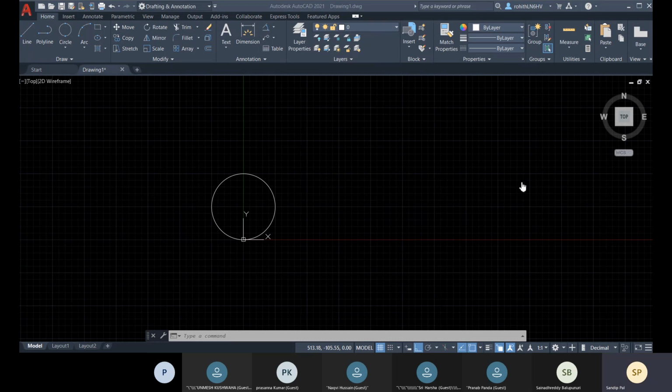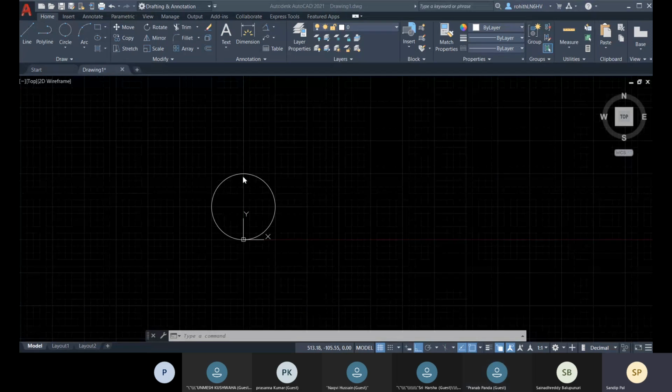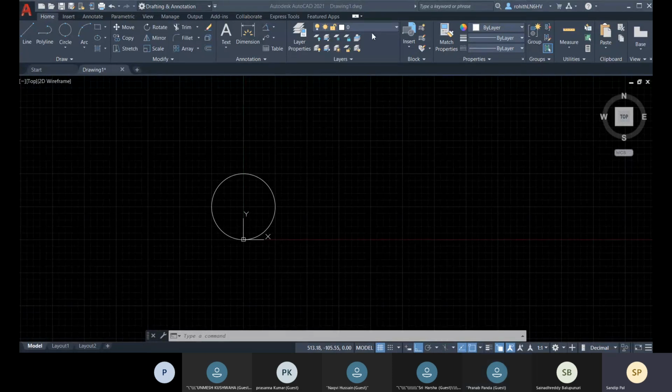Be quick, guys. Sir, it will be 50. No, it will be 100. Why? Because I have mentioned two diameter endpoints. The first diameter endpoint is 0, 0, and the second diameter endpoint is placed at 0, 100. So the distance between those 2 points is 100. Right? So that is the diameter value. Thank you, Pranab. Thank you for trying.